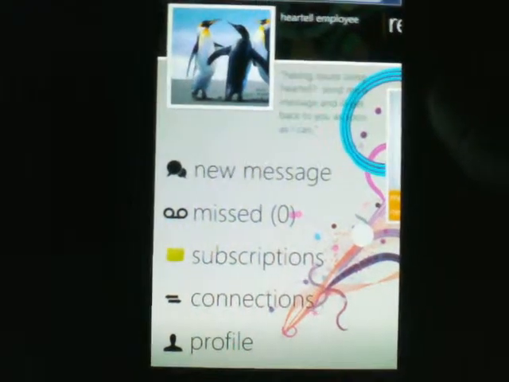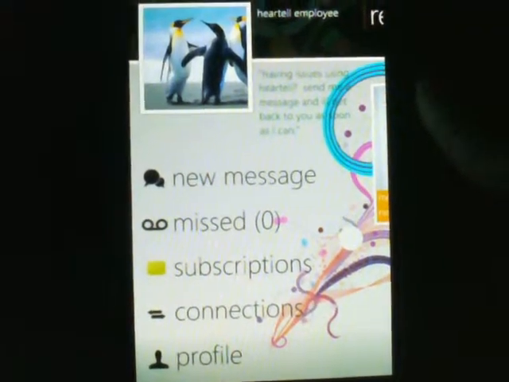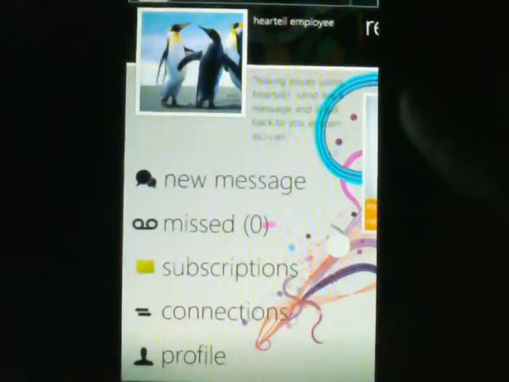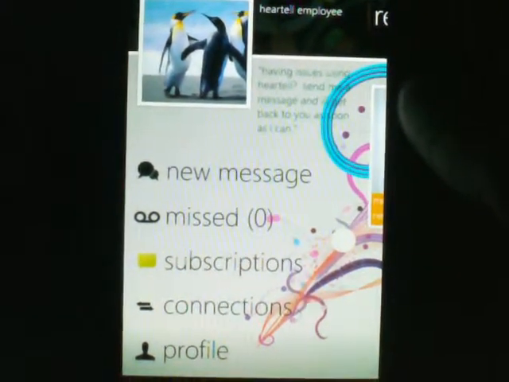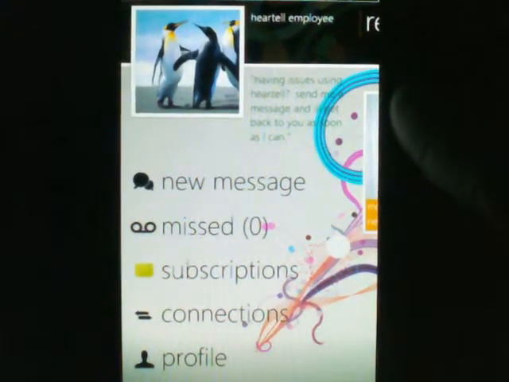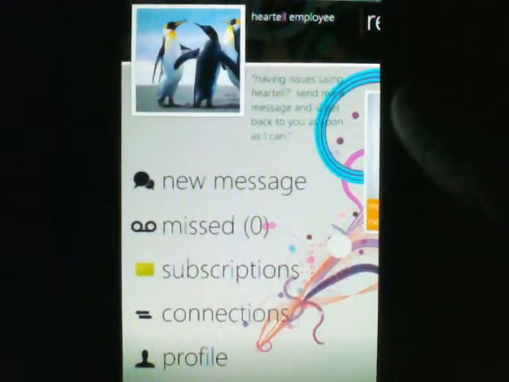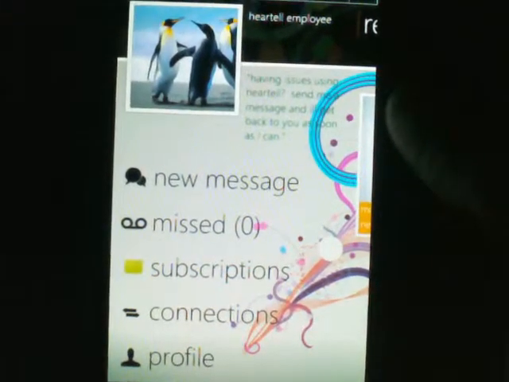This video tutorial walks you through creating messages and sending messages using heartell for Windows Phone 7. heartell introduces peer-to-peer voice messaging and CB radio style communications to your Windows Phone 7.5 aka Mango device, and also